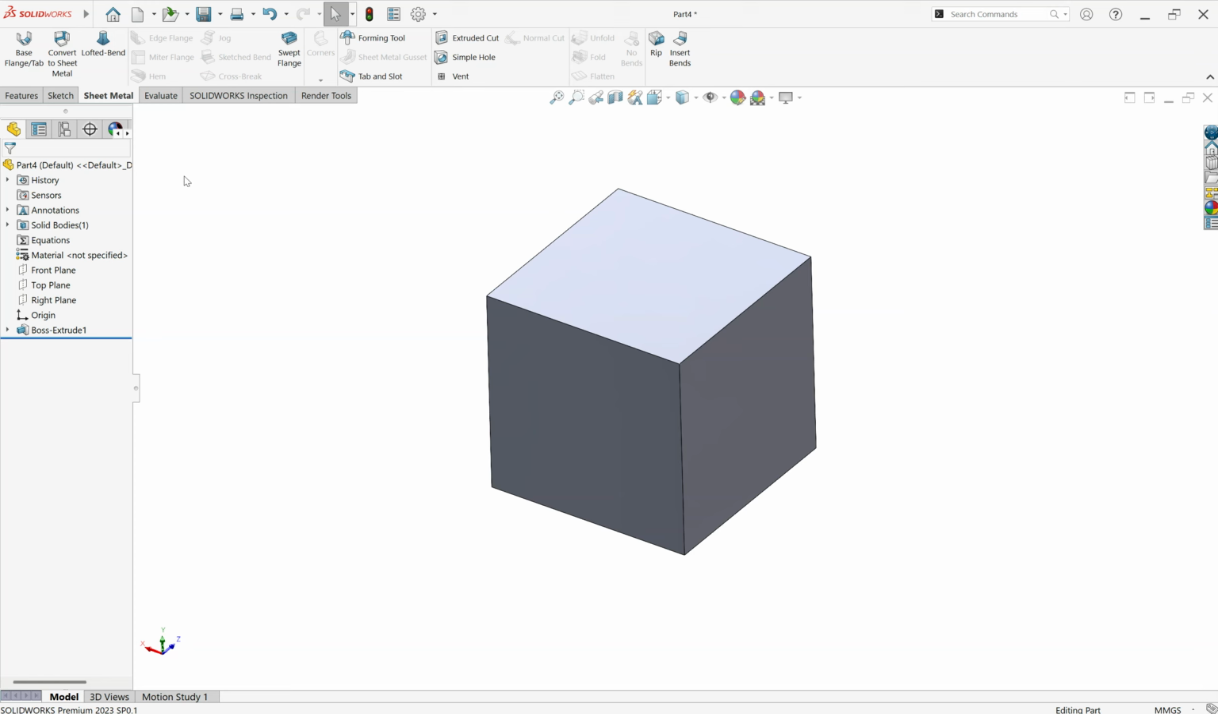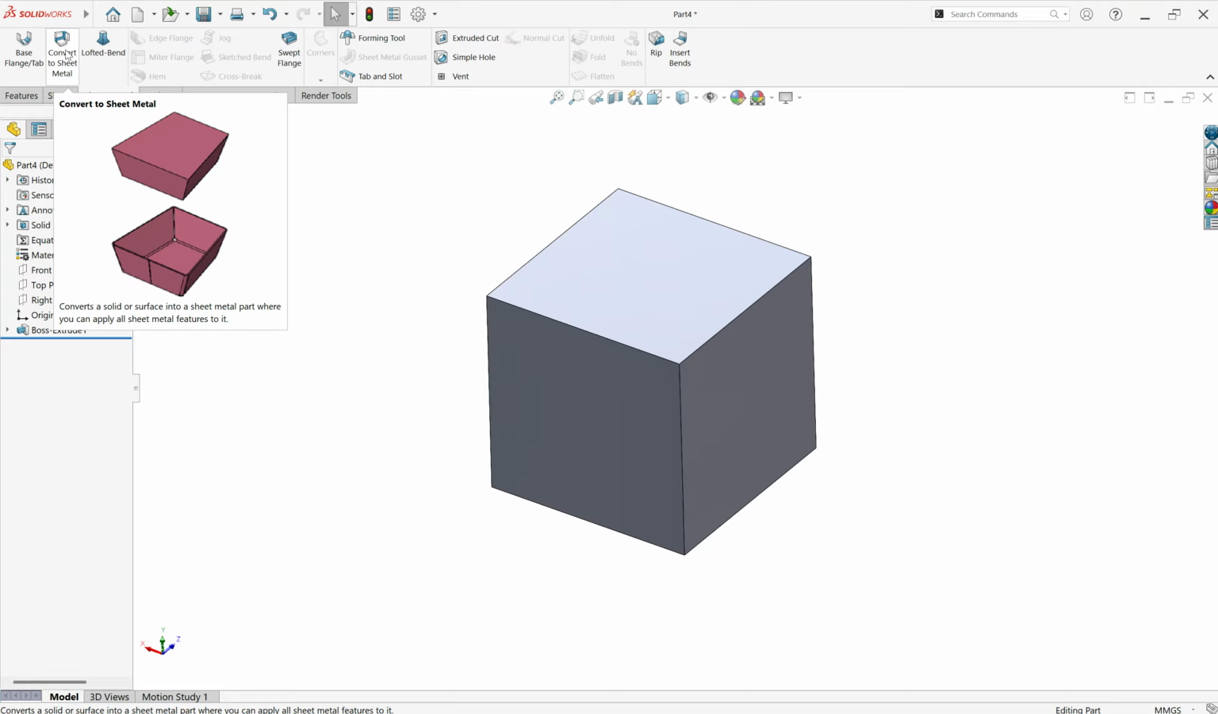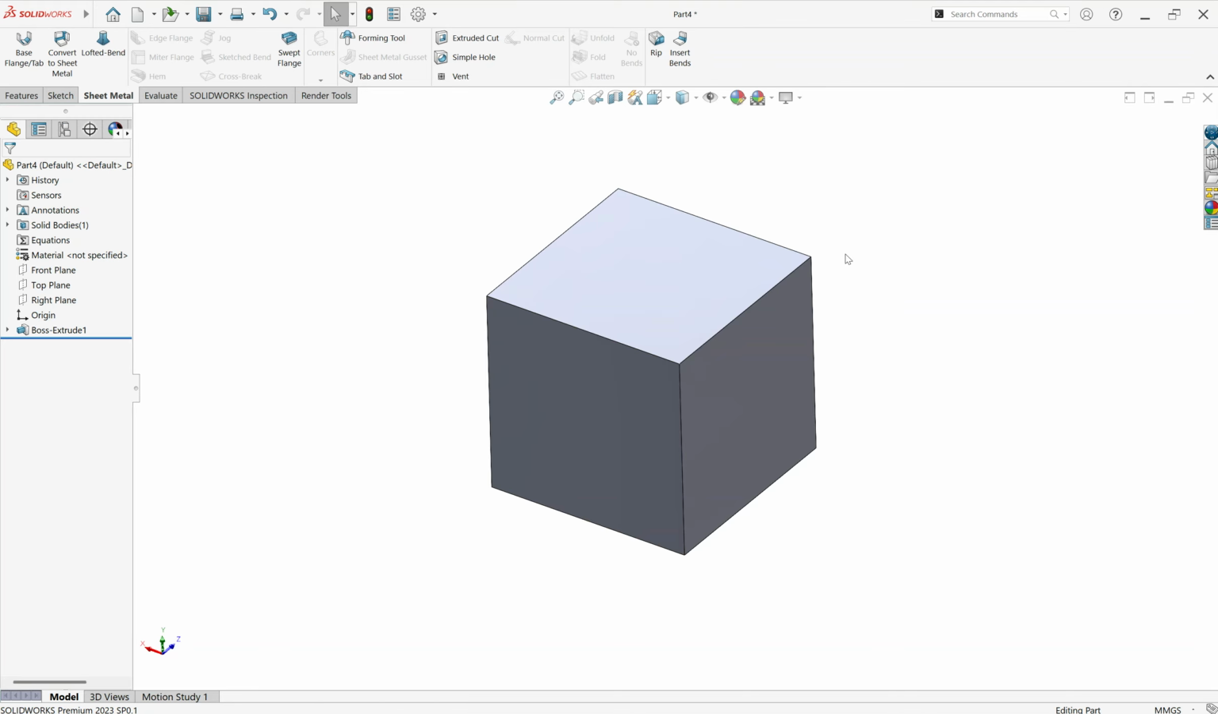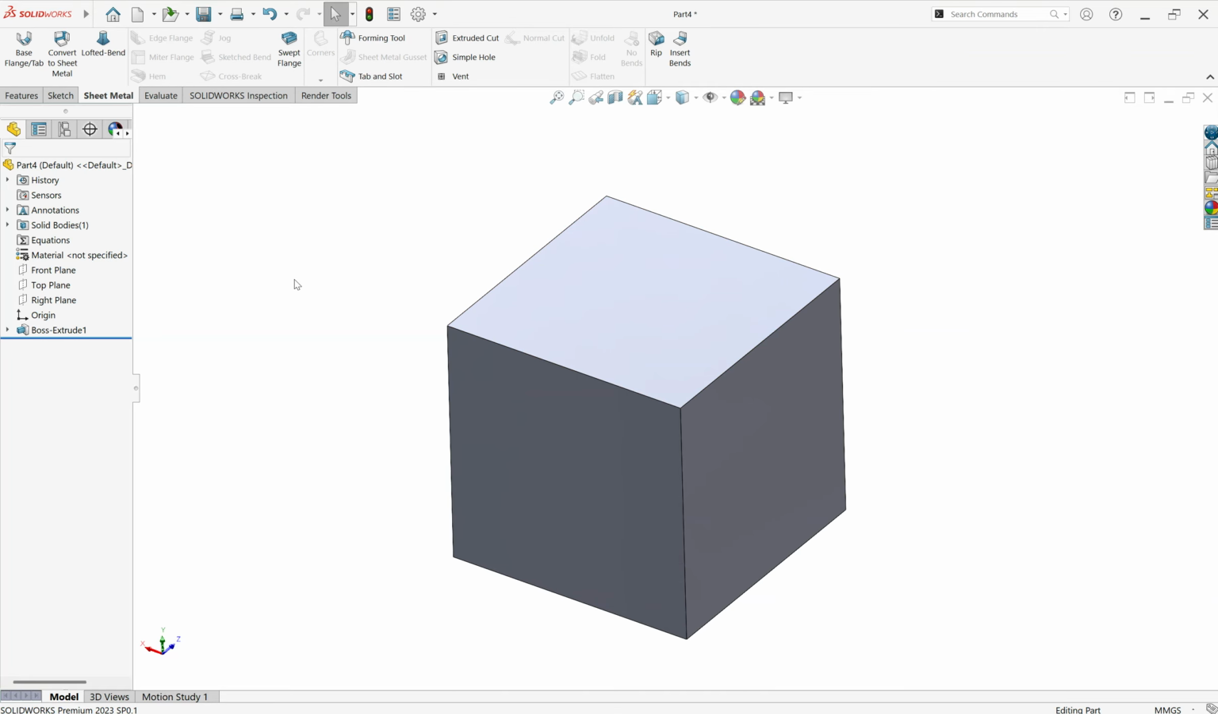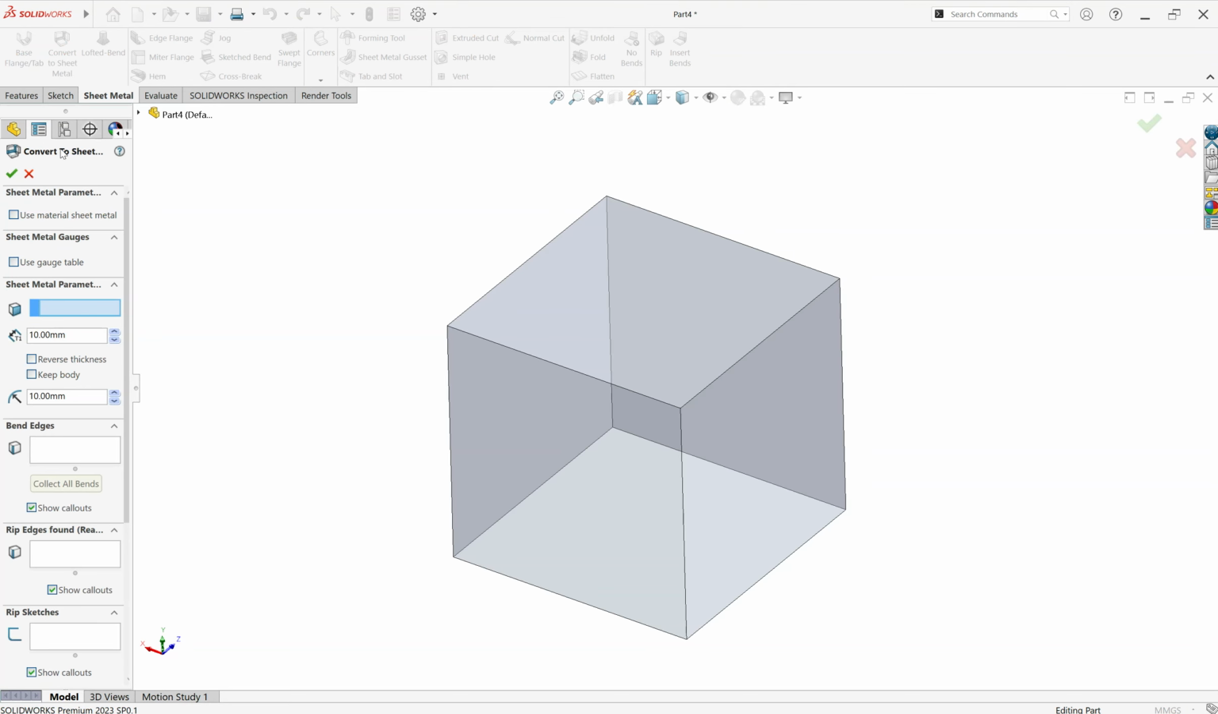Welcome back. In this tutorial, we are going to learn how to use the convert to sheet metal. It converts the solid or the surface into the sheet metal so that you can apply all the sheet metal parameters. First of all, go to convert to sheet metal options and it asks you to provide the sheet metal